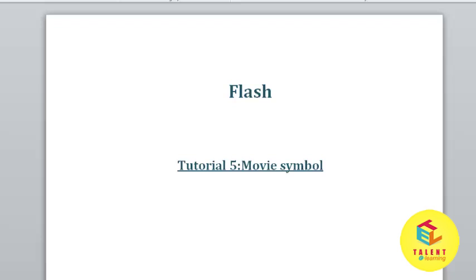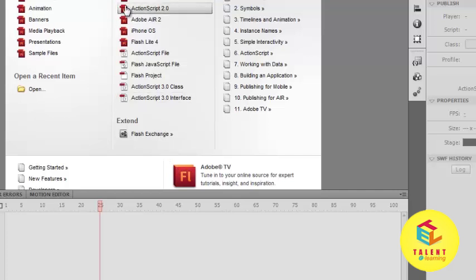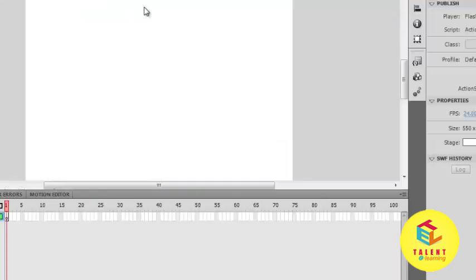In this tutorial, we are going to create movie symbol. This is our Flash, okay. So first of all,